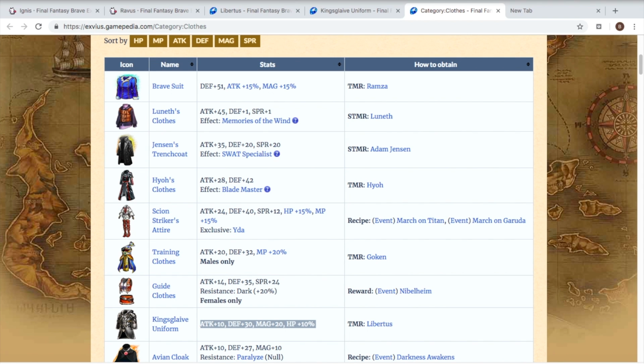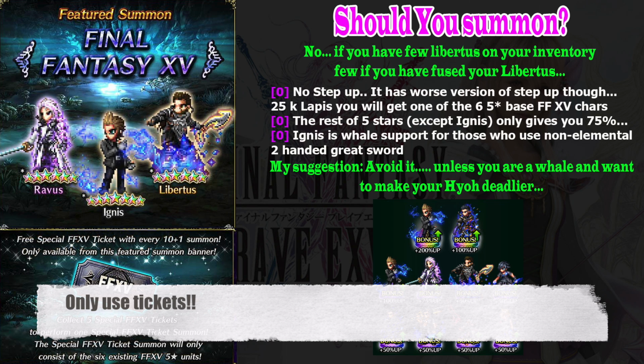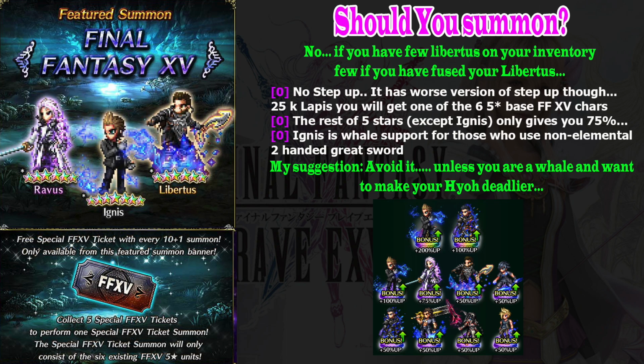Okay, so should you summon? In my opinion, big no. Okay, why you ask? Actually, you should summon, okay, if you want to get points for this event, but that means you only aim for a few Libertus. But let's say you have Horde Libertus in your inventory for a long time, then that means you don't need to summon anything, okay? Because the first reason to not summon on this banner is there is no step up system. Actually, it has a step up system, okay? You get Final Fantasy 15 tickets when you do a 10+1 summon, that means 5,000 lapis, and yeah, that means